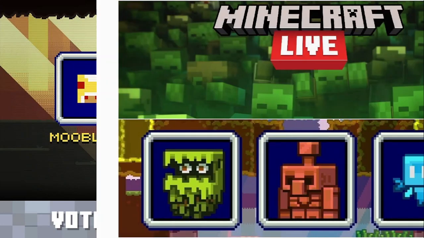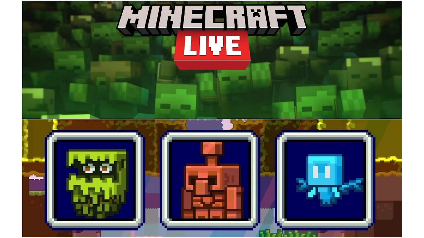Then, the 2021 mob vote was fine. Like, the allay won. It should have. The copper golem would have been nice. The glare was completely worthless. I don't think they really had an idea of what to put there. But